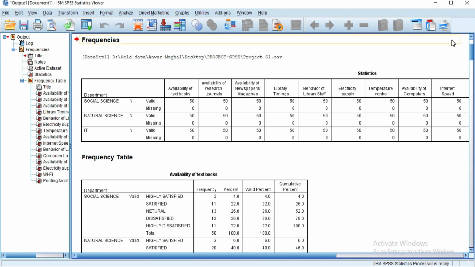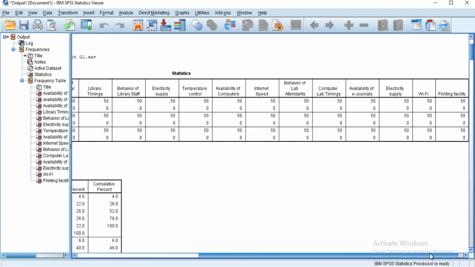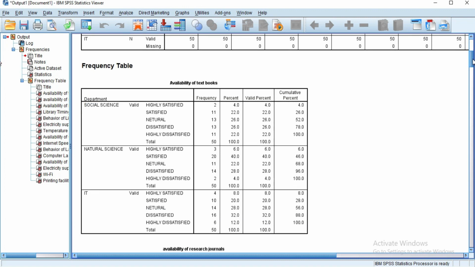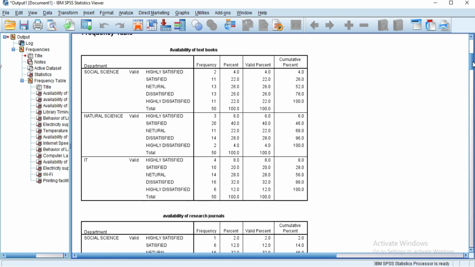So the detail in the table is lying in the departments, 3 departments data is lying in the data set. There is the social sciences department, natural science, and IT. And from each of these departments 50 questionnaires have been collected, you can see here. And since no information is missing, you see here 0. And now what is the breakup? The breakup you can see here